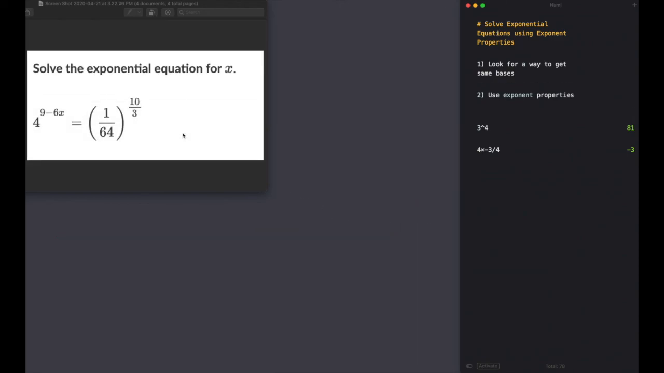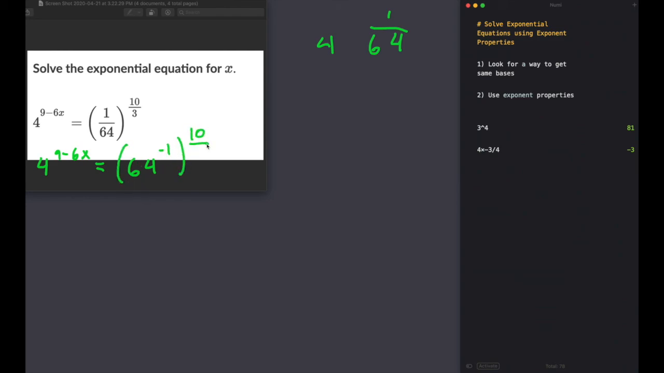All right, so I've got a 4 and a 64. So how are these related to each other? I need to get the same bases, and it's really 4 and 1 over 64. But I don't want to think about this as 1 over 64. I don't want to deal with fractions. So we're actually going to rewrite this as 4 to the 9 minus 6x, that won't change, equals, and I'm going to write this as 64 to the negative 1 power